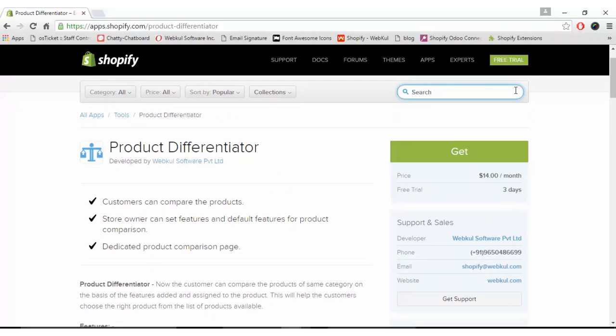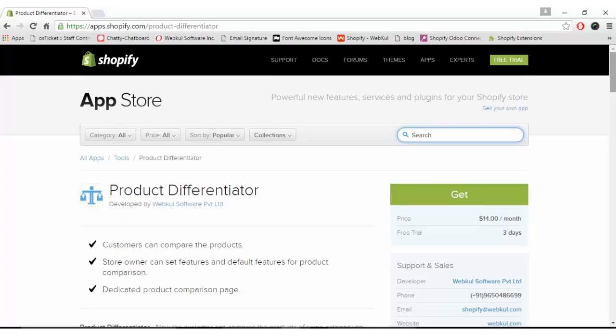Product Differentiator app is the app by which a customer can compare the products of the same category on the basis of features added and assigned to the product. And this app helps the customers to choose the right product from the product list that is available on the